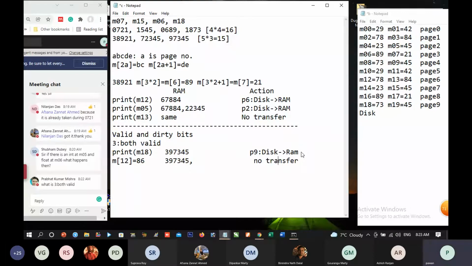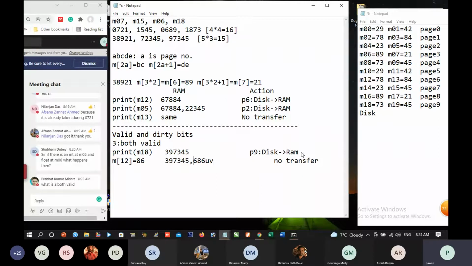But we know the value of memory 12. So memory 12 means page number 6. Has 86. Here we can write any garbage value. In place of UV, any digits can be written.